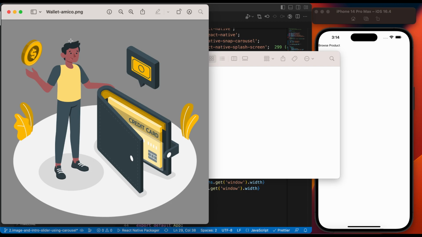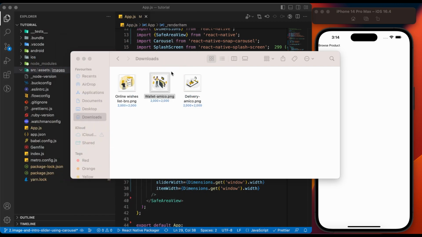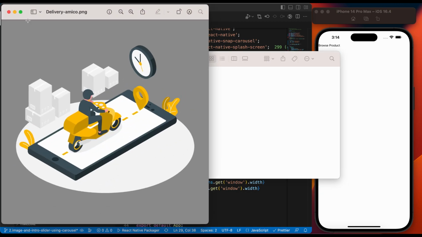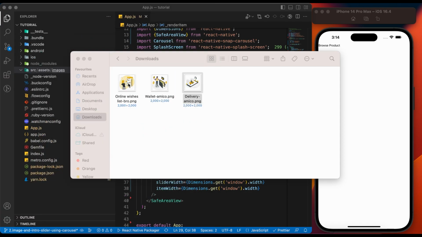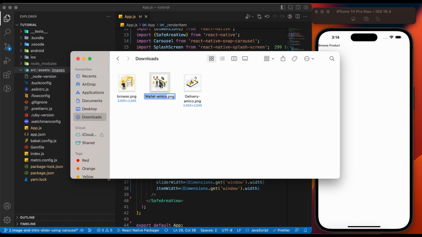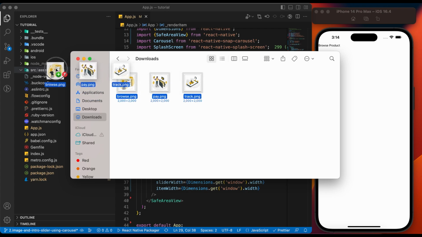Second. And the third. But before copying these images, let's rename them to make them more easy to access. First one is browse. Second one is pay. And third one is track. Let's copy them in images folder.